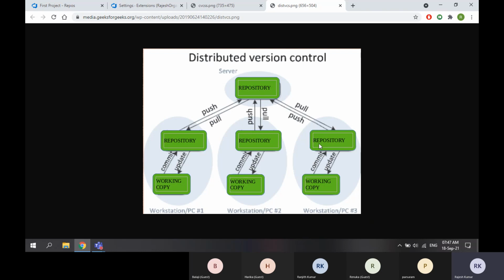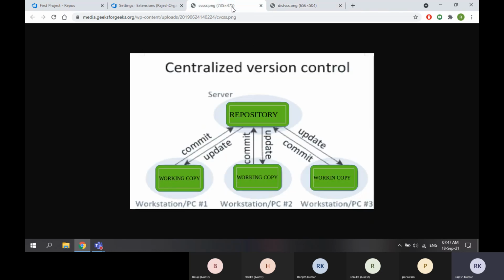40 GB of your server space is taken, but the source code is the same. So it is a waste of space. You are wasting the space just to replace all the source code. So people will go with centralized only. Why should I waste 30 GB extra space? I will manage this 10 GB here.